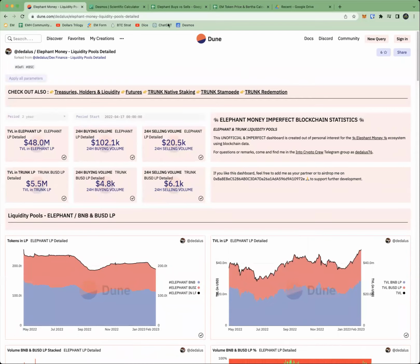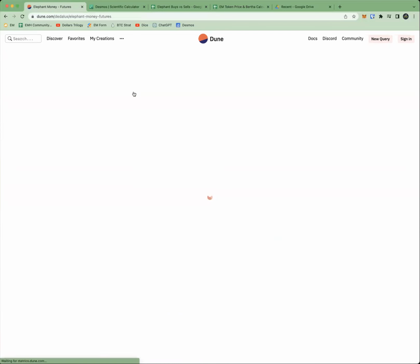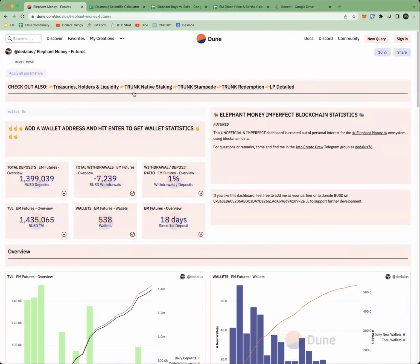And we're also going to be looking at the futures contract. Okay, so the futures is the huge big contract. The front office of Elephant Money is back in business. All right, and it's pulling down crazy amounts of BUSD. And we're going to see, guys, that we have close to about 1.4 million BUSD deposits. There was an update to this site, and it's been out for about 18 days. So we're going to be able to use that information and extrapolate that out to see, hey, if this trend continues, what's going to be kicking for us here as far as price goes for the Elephant token and the health of the Elephant treasury. All right, so Dune dashboards. All right, now guys,